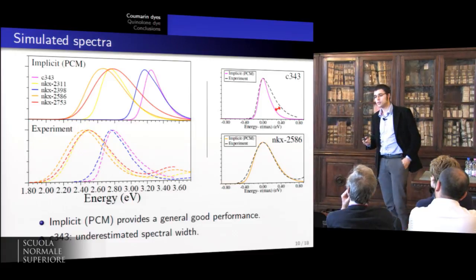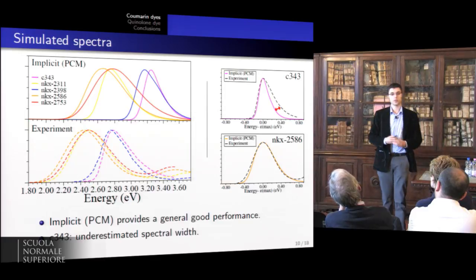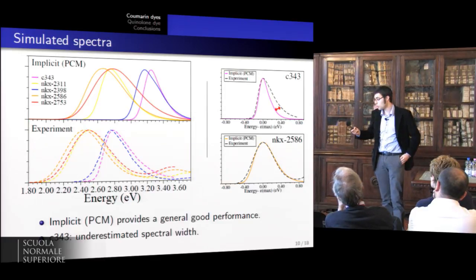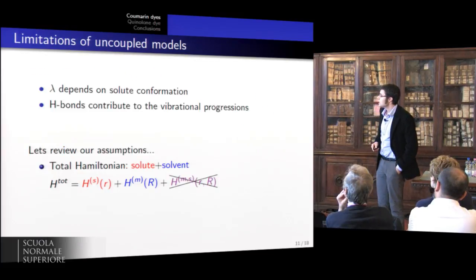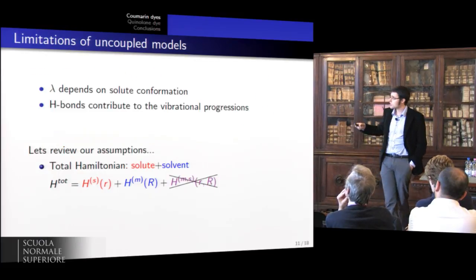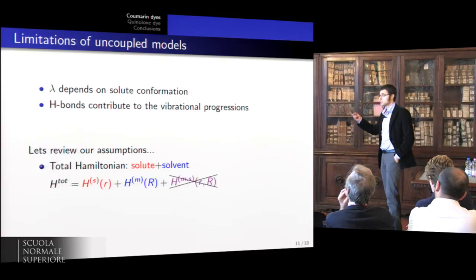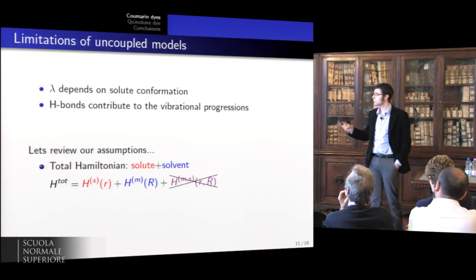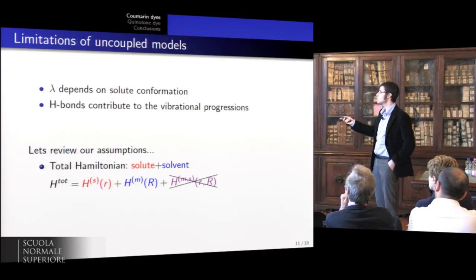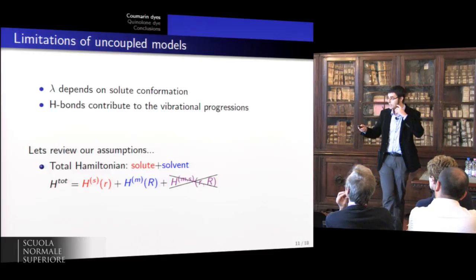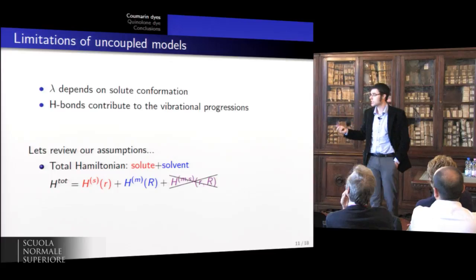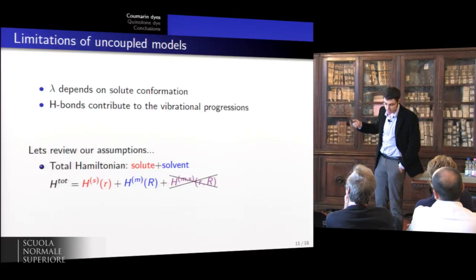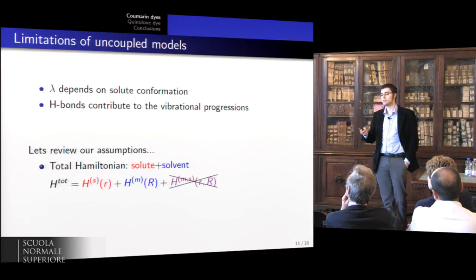So it seems that we are missing some progressions within our quantum mechanical vibronic calculation. So those are the limits of that uncoupled model: the dependency of this reorganization energy, and also the lack of some vibronic progressions in the spectrum that may appear when we have specific interactions between the solvent and the solute,